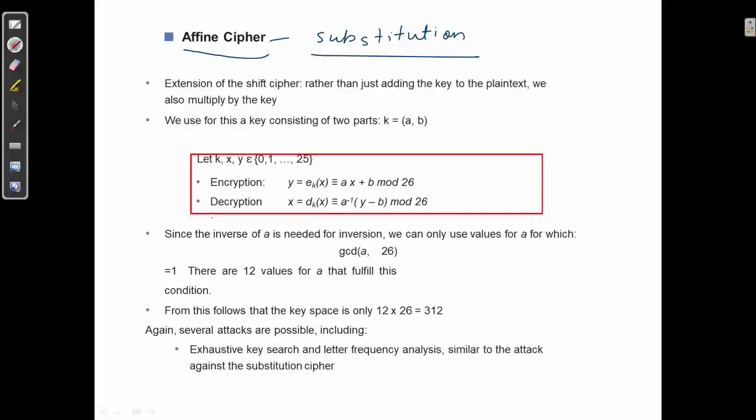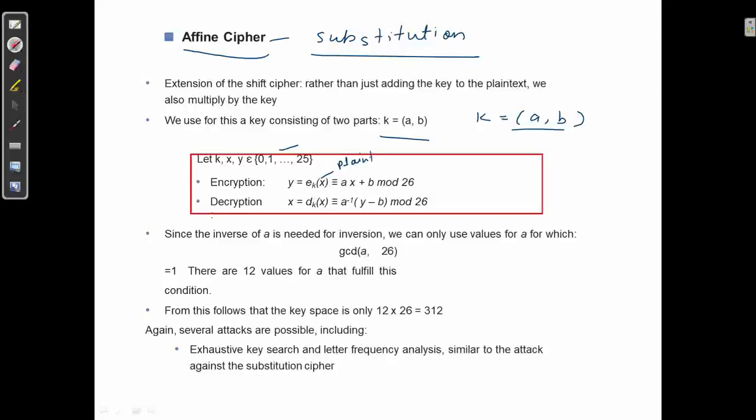So what we are going to do in the affine cipher, rather than just adding the key to the plain text, we also multiply by the key. So we have the key in two parts, for example key k is equal to (a, b). These both, a and b, are two numbers which belong to 0 to 25. And the encryption algorithm says e_k(x), where x is the plain text,